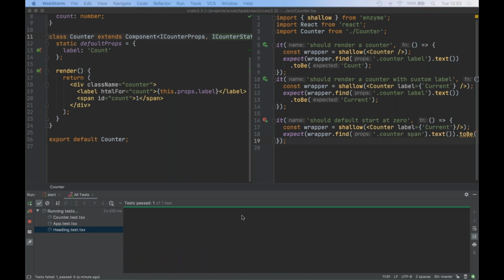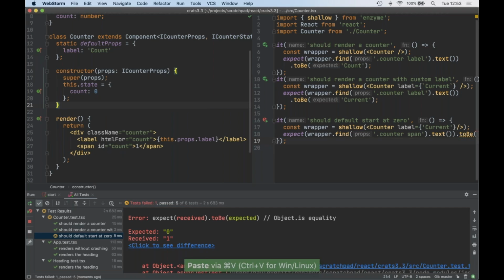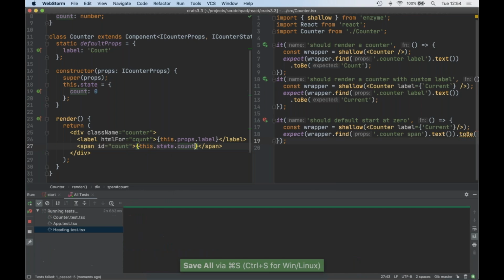But I'm not using the state yet because this component doesn't have a constructor. So I added a constructor that said, you're going to pass me in some props to this component. Props are going to look like this. I'm going to call the super because that's what we have to do. And then I'm going to set the initial state with the count equal to 0. With this in place, I can come down to here and say this.state.count, hit save,